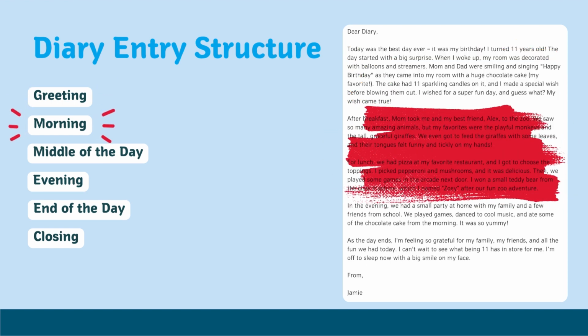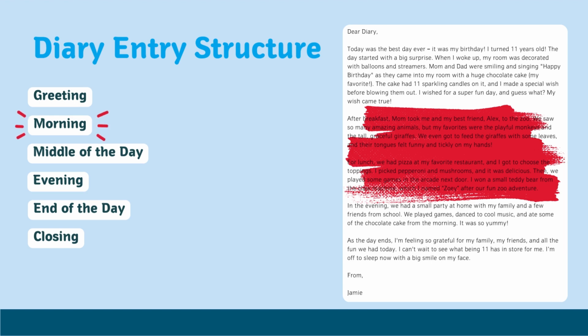Now, presuming that our diary entry is about one individual day, we'll begin by talking about the morning, and we'll talk about what we did and how we felt and anything notable that occurred in the morning. And that will be just one paragraph of the whole diary entry, and that's because our paragraphs are used to separate ideas and separate chunks of time, so we want to make sure that we contain everything from the morning